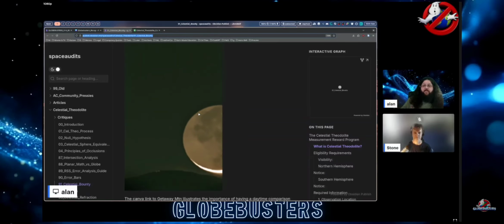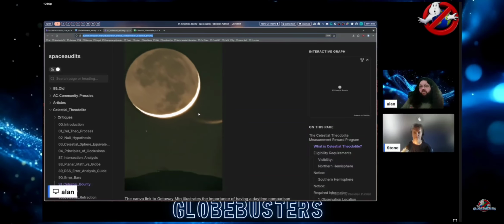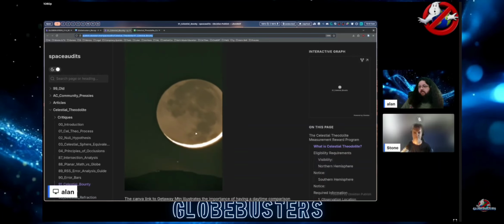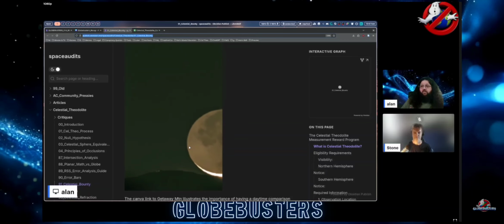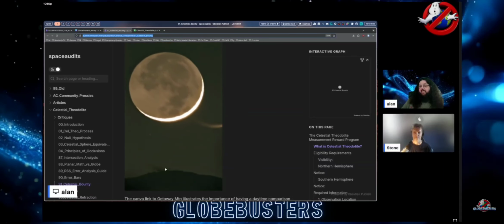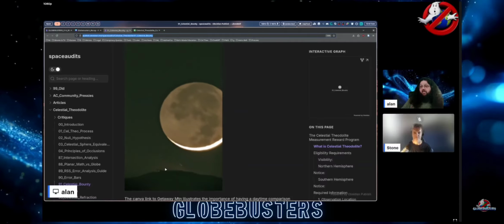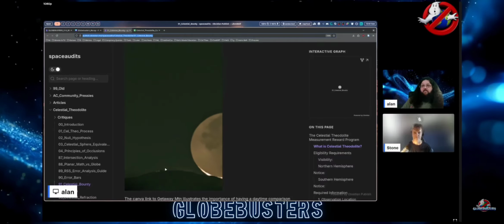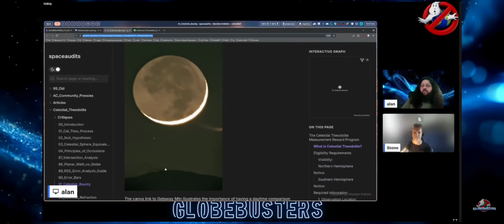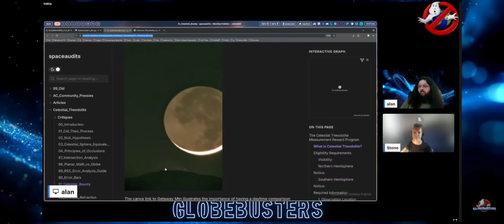So it's very important to have that time synchronization component, knowing when you started your video, the current time. If you could put timestamps in your video, that would also be helpful, but just knowing the time in general is good. And then we also need to know your latitude and longitude coordinates for where you're recording from. And we need to know the name of the peak that you're shooting and its latitude and longitude. If it's a well-known peak, it'll probably be on Wikipedia, so just the name will be fine.